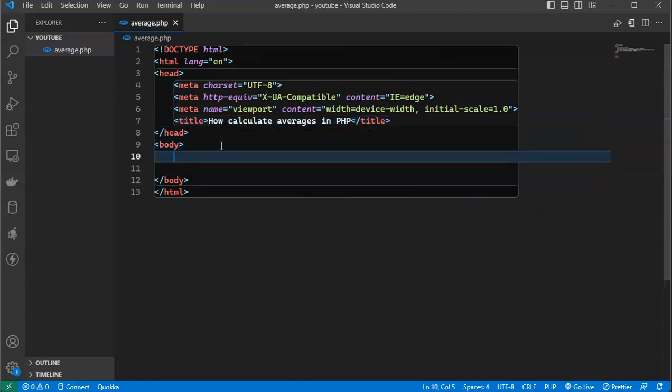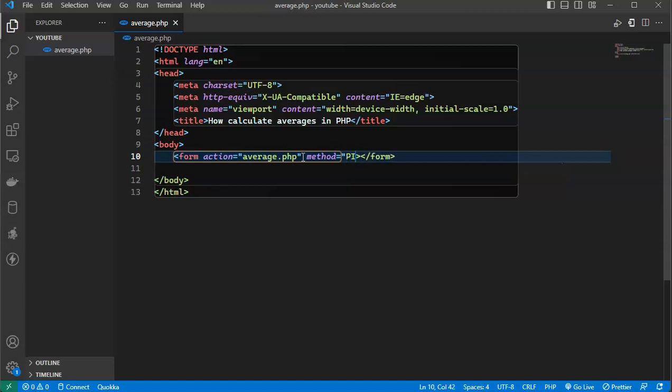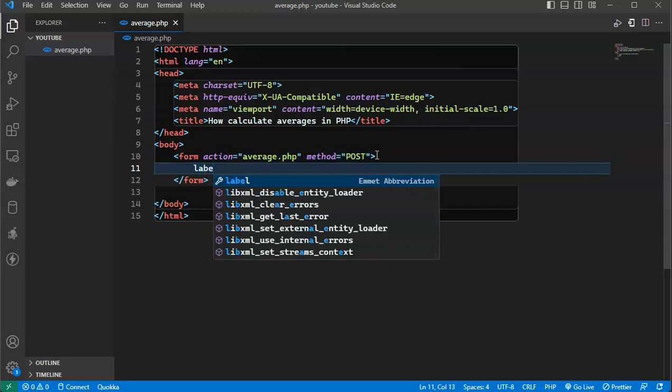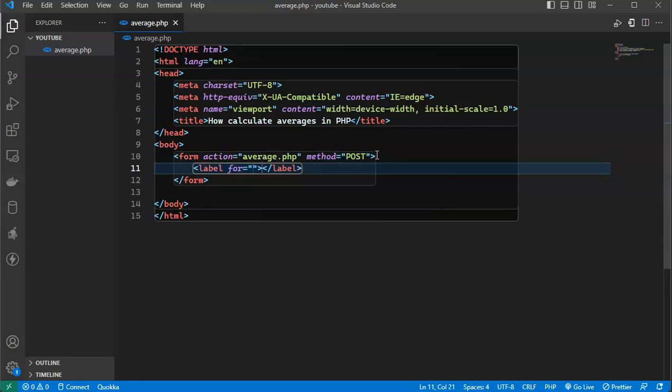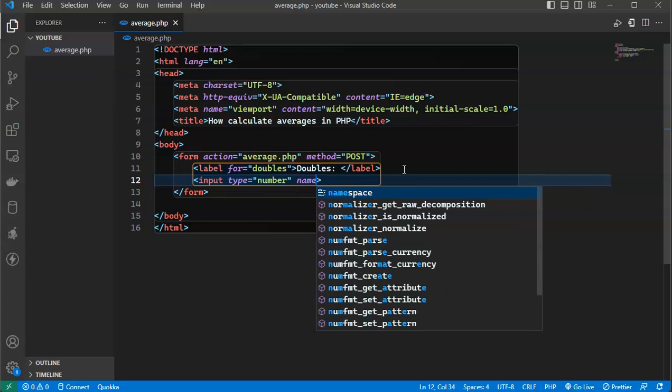Now inside the body, we're going to create a form, and the action of this form will be average.php, and the method will be post. Now within this form, we're going to add a label, and the label will be label for doubles, and here we'll say doubles, and then we're going to add an input, and this input will be the type of number, and the name of this input will be